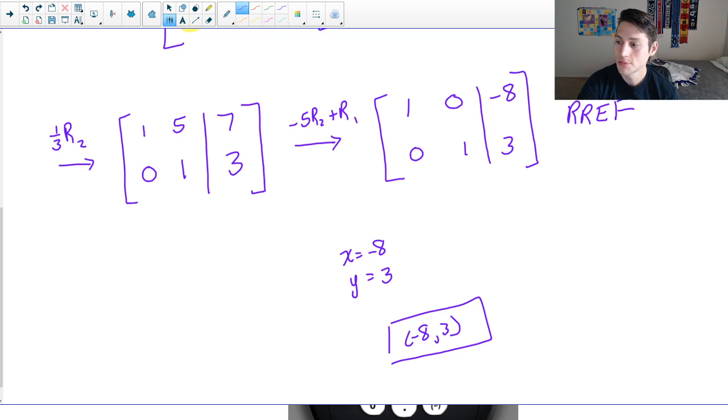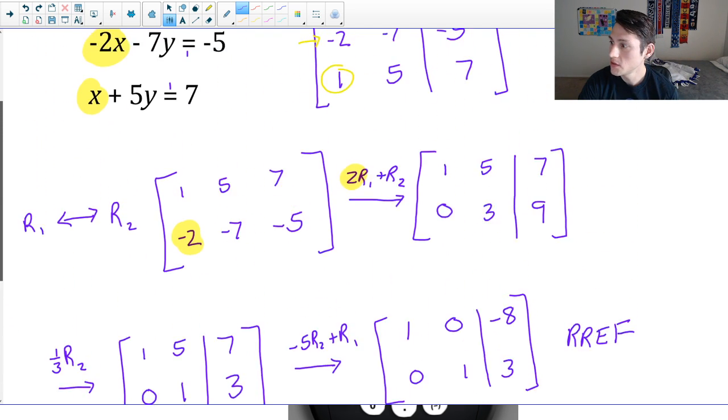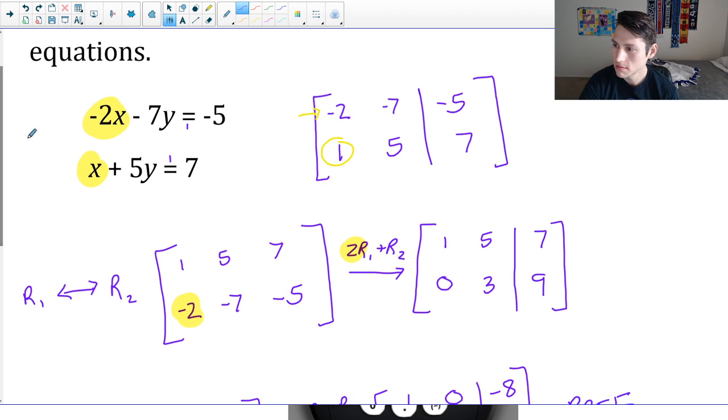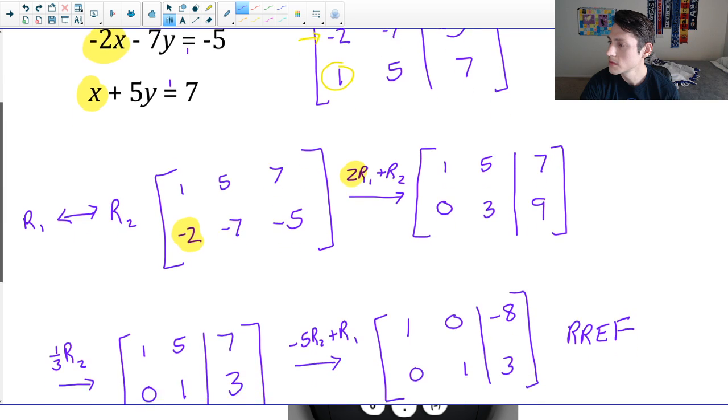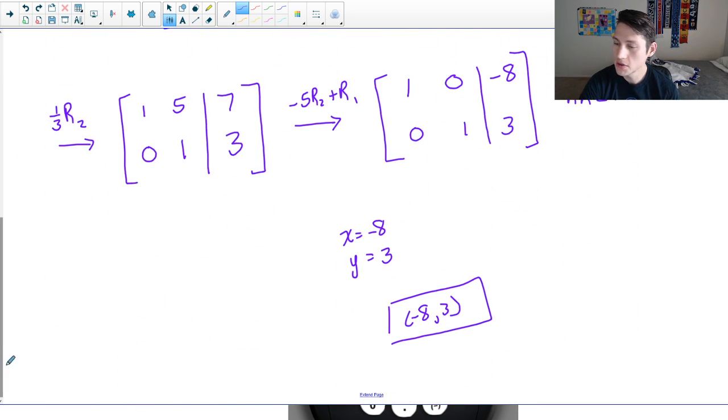Right, so it's just a tedious process. Okay, even though this was a very small matrix, right? This is a 2 by 2 system, 2 equations and 2 variables. It still kind of takes a bit of work to get there. And same thing with solving systems of equations. There's just so many tiny steps where we can go wrong,